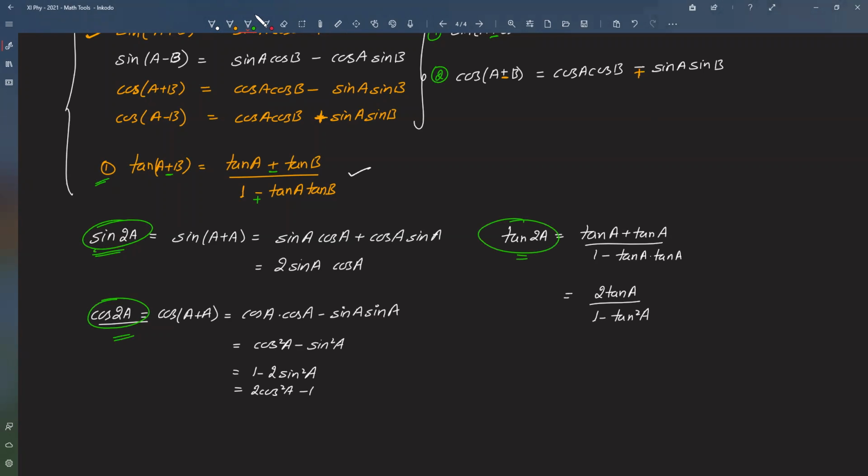and tan 2a. And the generic formula, we already know what sin(a plus b) is. So rarely, but if it comes up that you have to derive or find sin 3a, in mathematics you will learn that. But in physics, even if you don't know it, for example, there will be some students who don't have math, only physics, so now you know the technique, what you have to do. sin 3a is nothing but sin(a plus a plus a), or sin(a plus 2a). Just apply the above formula and you get the final result. That is about these basic formulas in trigonometry.